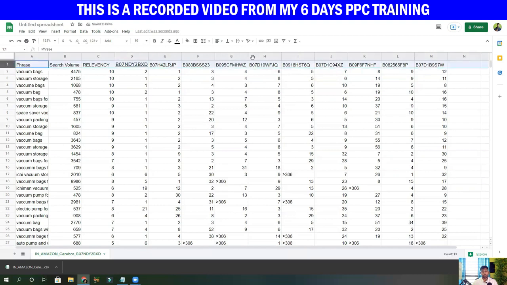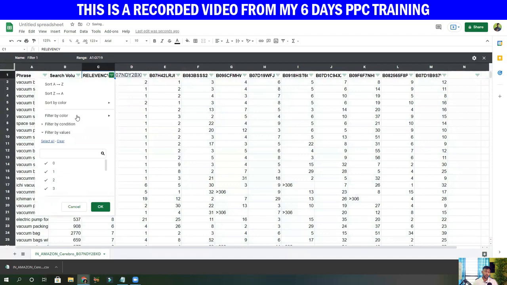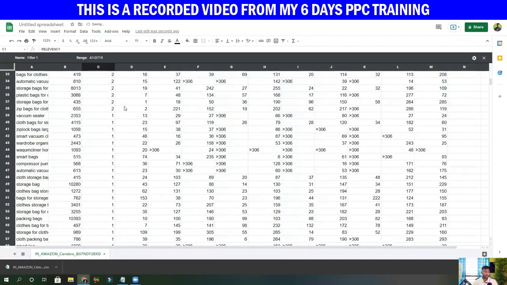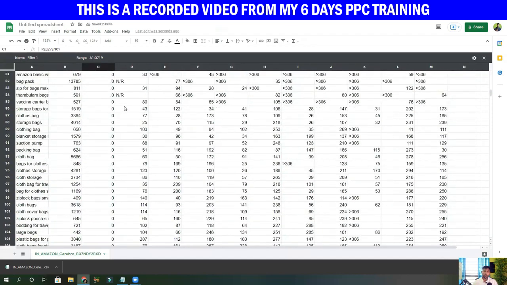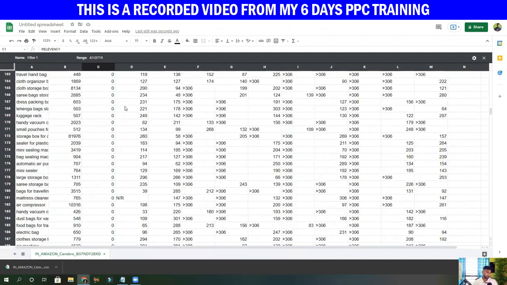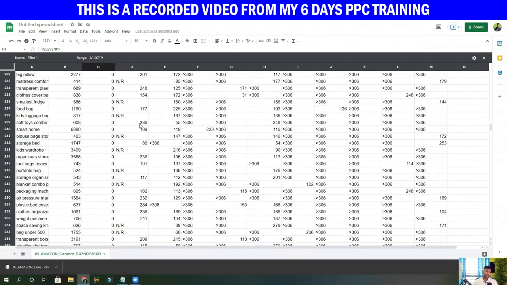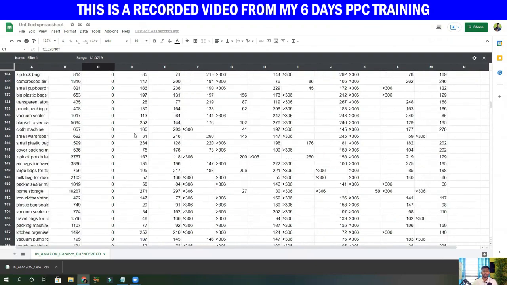Now I'll apply a filter on it and then sort Z to A, and then I'm going to delete this 0. You can see a lot of the searched keywords are 0, which means they are not relevant.